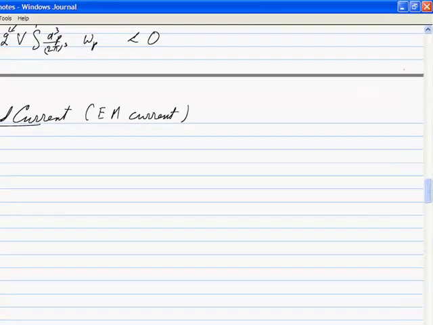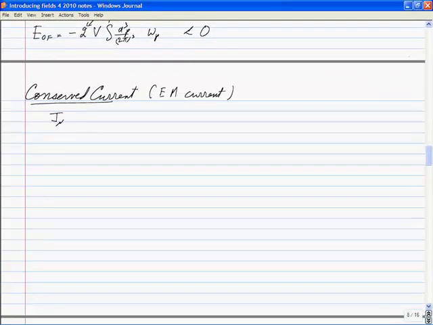J mu is defined as psi bar gamma mu psi. So just take two of these spinors and put a gamma matrix in there. The conservation follows from the Dirac equation. So if I take i d mu j mu,